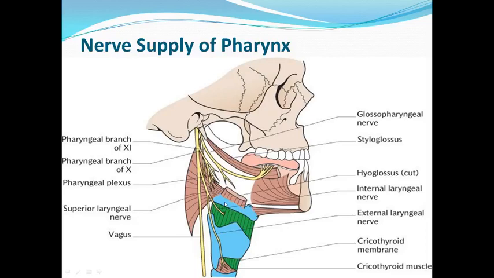So this is the internal laryngeal nerve, which is a branch of the vagus, which carries taste sensation from this epiglottic region. Now, the parasympathetic nerve fibers or the secretomotor nerve fibers derive from the greater petrosal nerve, which is not here, and this greater petrosal nerve is a branch of the facial nerve, which is not labeled in this figure. Apart from that, it also receives parasympathetic nerve fibers from the lesser palatine branches of the pterygopalatine ganglion, which is also not labeled here. So the parasympathetic nerve supply is not labeled here. In this figure, you can only trace the secretomotor nerve supply of the pharynx.